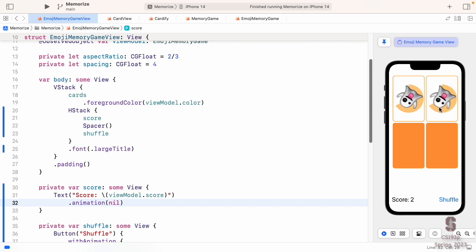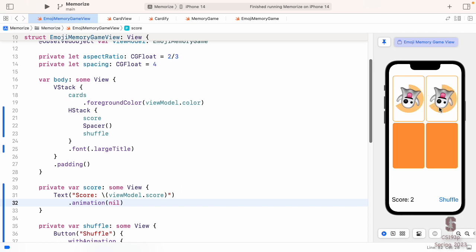Flying number. We're not going to get all the way through flying number, but let's get as far as we can get here. How am I going to do my flying number? It's actually going to be quite easy. I'm just going to put a number, which is whatever the score changed, and then when it appears, I'm going to animate it flying off and opacity going to 0.